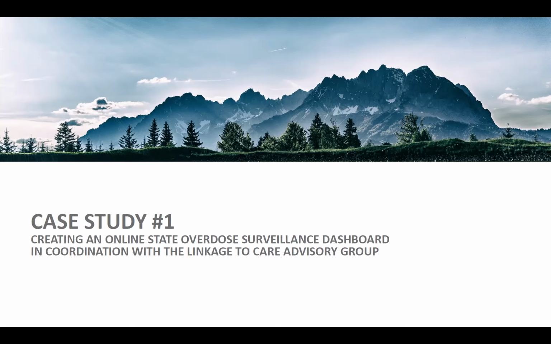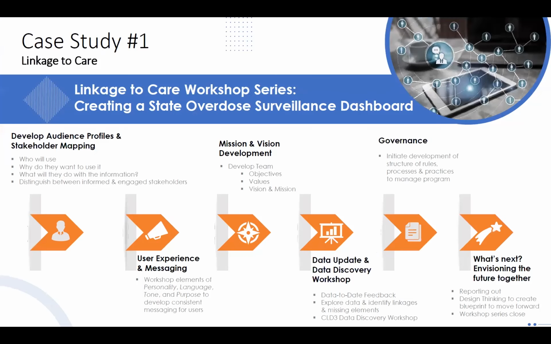So this had folks from public health, hospital administrators, the governor's office, academics from all of the Regents universities, and people representing the sheriff's offices, treatment centers, and prevention centers. So it was quite a large group. And we facilitated 2 years of conversations with them. And this is the outline of those conversations.